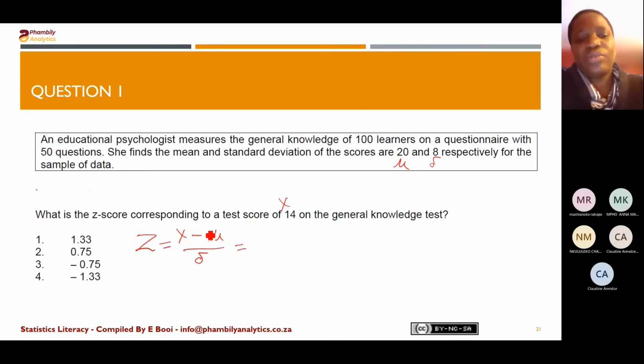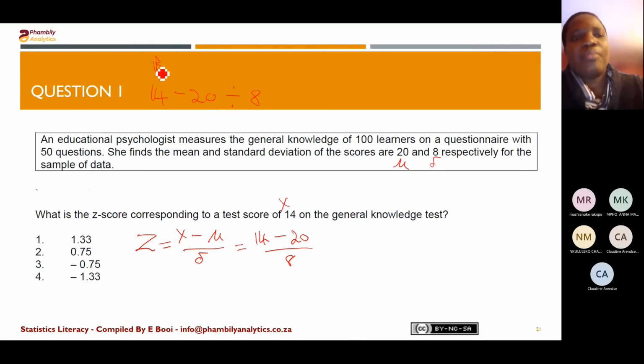Remember, when you are doing this on the calculator, you must say the value of X minus the value of the mean equals, so that you get an answer. If you do a straight-away calculation, let's assume I'm just going to do it for you as well. So let's say this is 14 minus 20 divided by 8. On your calculator, if you say 14 minus 20 divide by 8, what your calculator will do is